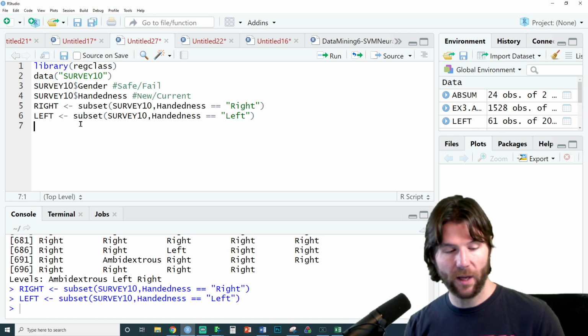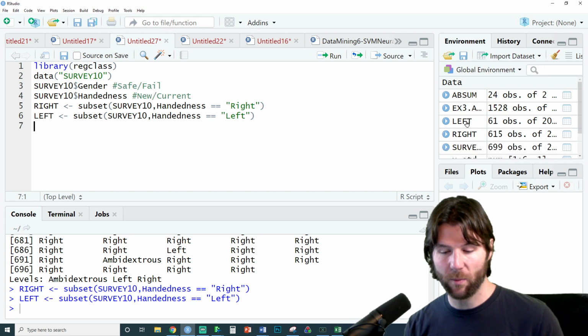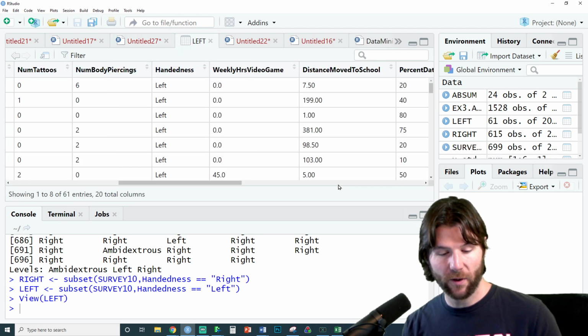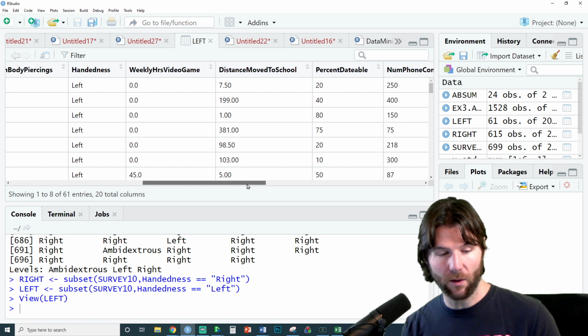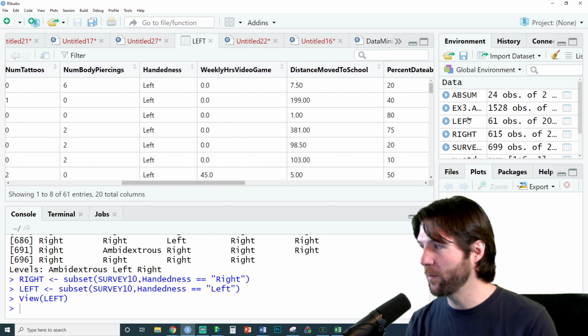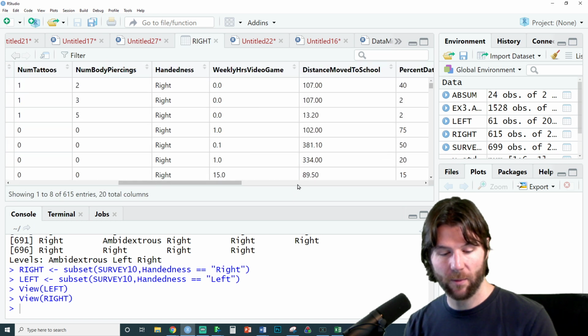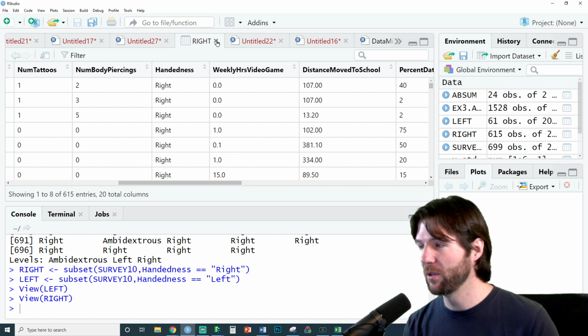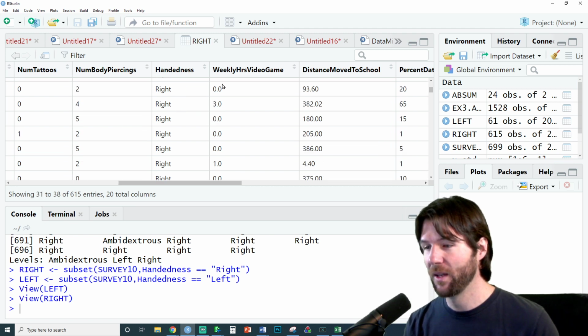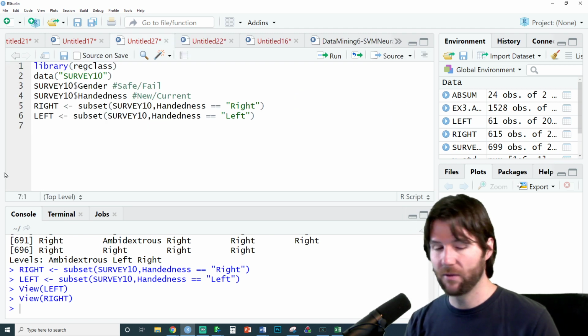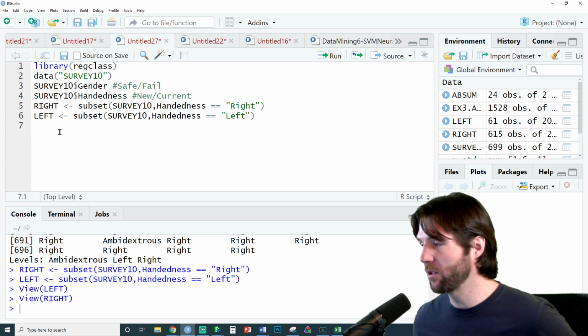If you notice, we have a data set that is just left-handed people. We can confirm this by going over here to handedness and seeing that all the people in my left data frame are left-handed, and all the people in my right data frame are now right-handed. We could confirm this with other ways, but I know the code did it, but are you sure it's all of them? So I've now made a subset of these individuals, and from here we can just do the graphics.